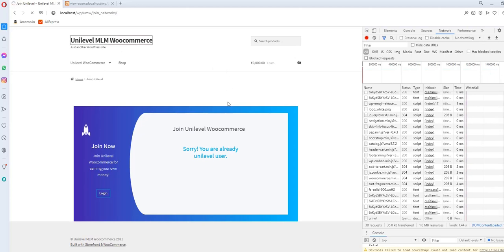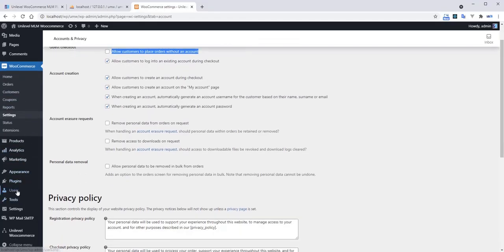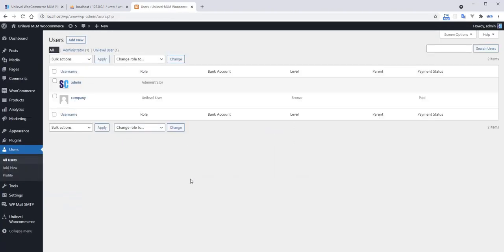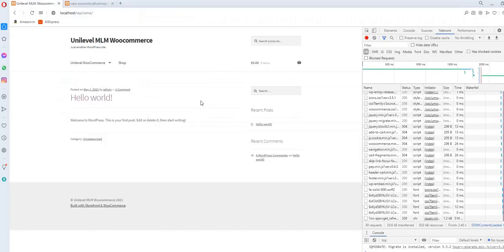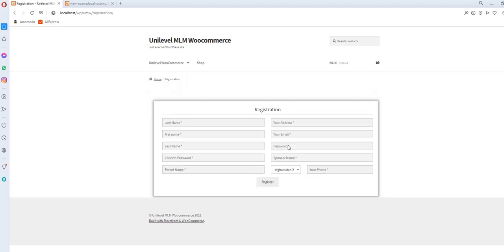So just a minute, give me a moment. I am just checking the users, how many users there are. Okay. So this is the company user only on this. The username is the company here. I put that one. So as I updated you regarding the first type of the registration, this is our registration page.